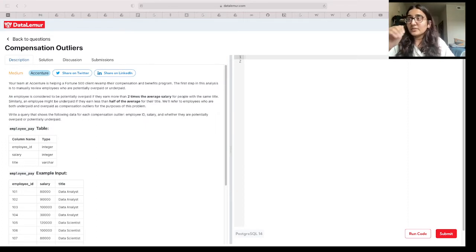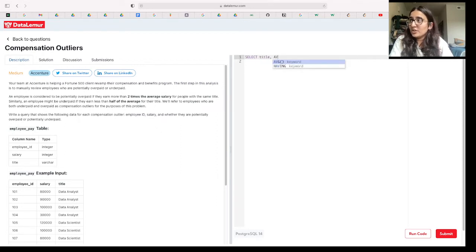So, in our first step, we need to figure out what the salaries are that classify as the threshold for underpaid and the threshold for overpaid based on each title. So my first table will find the threshold, and then we'll compare it to each employee's salary to then classify an employee as underpaid or overpaid. So let's get started. So my first table, so select